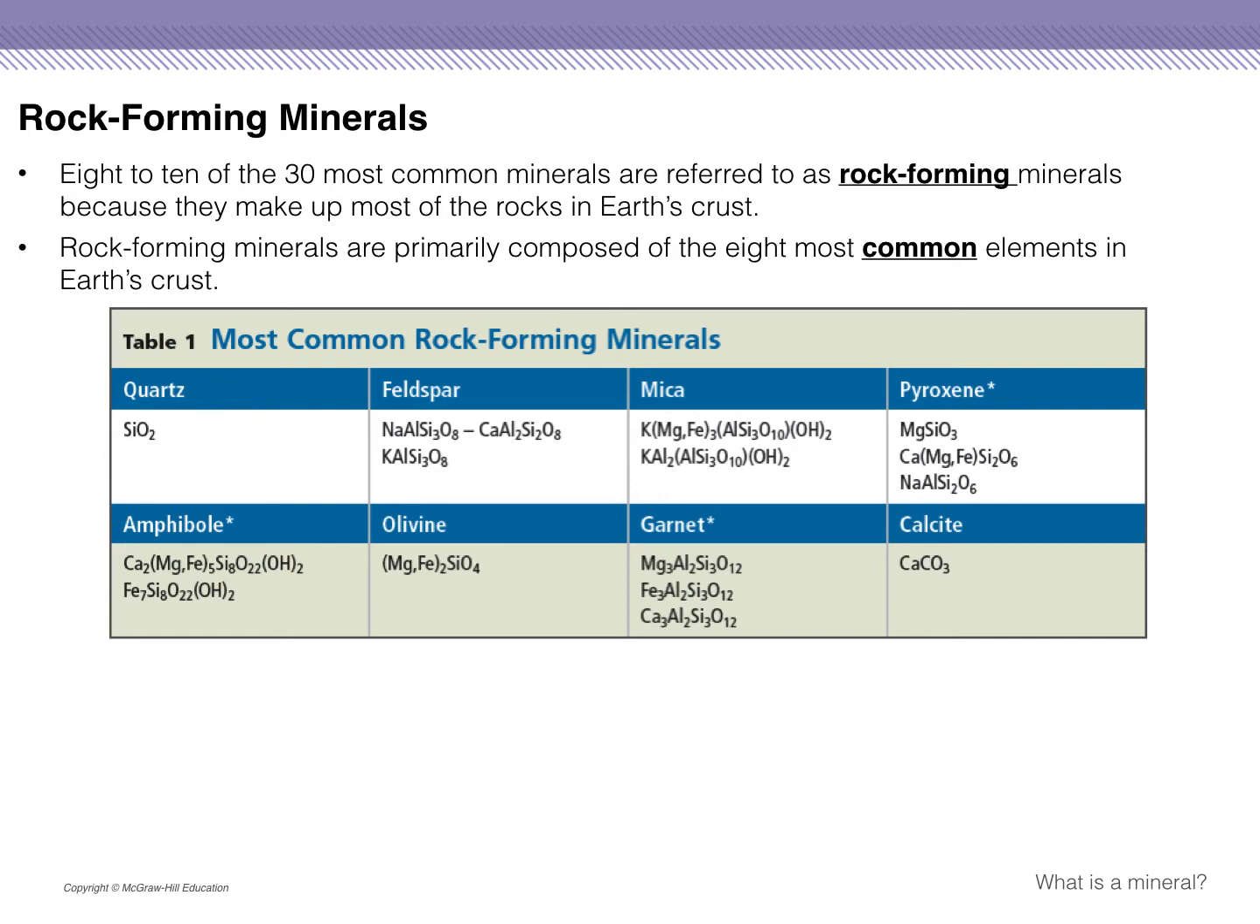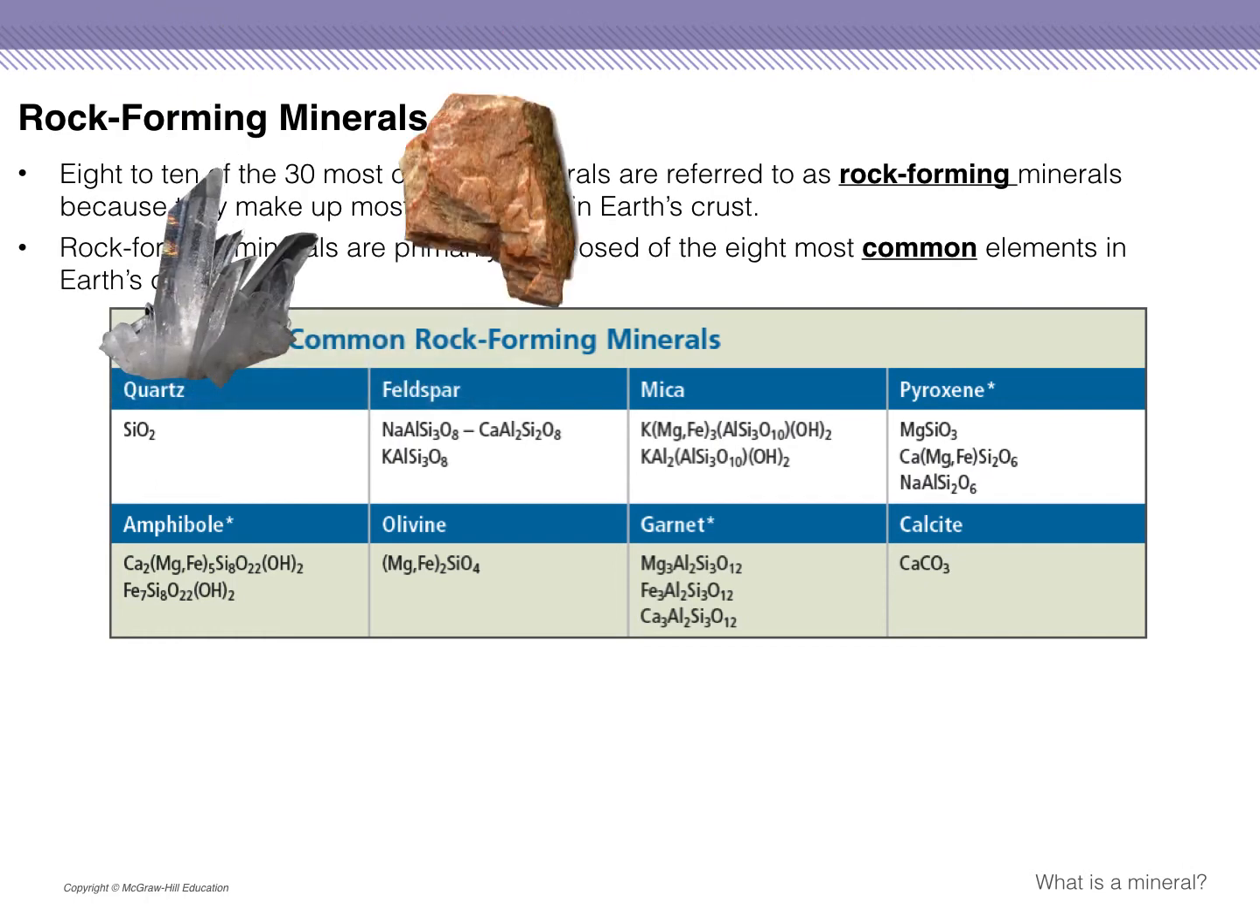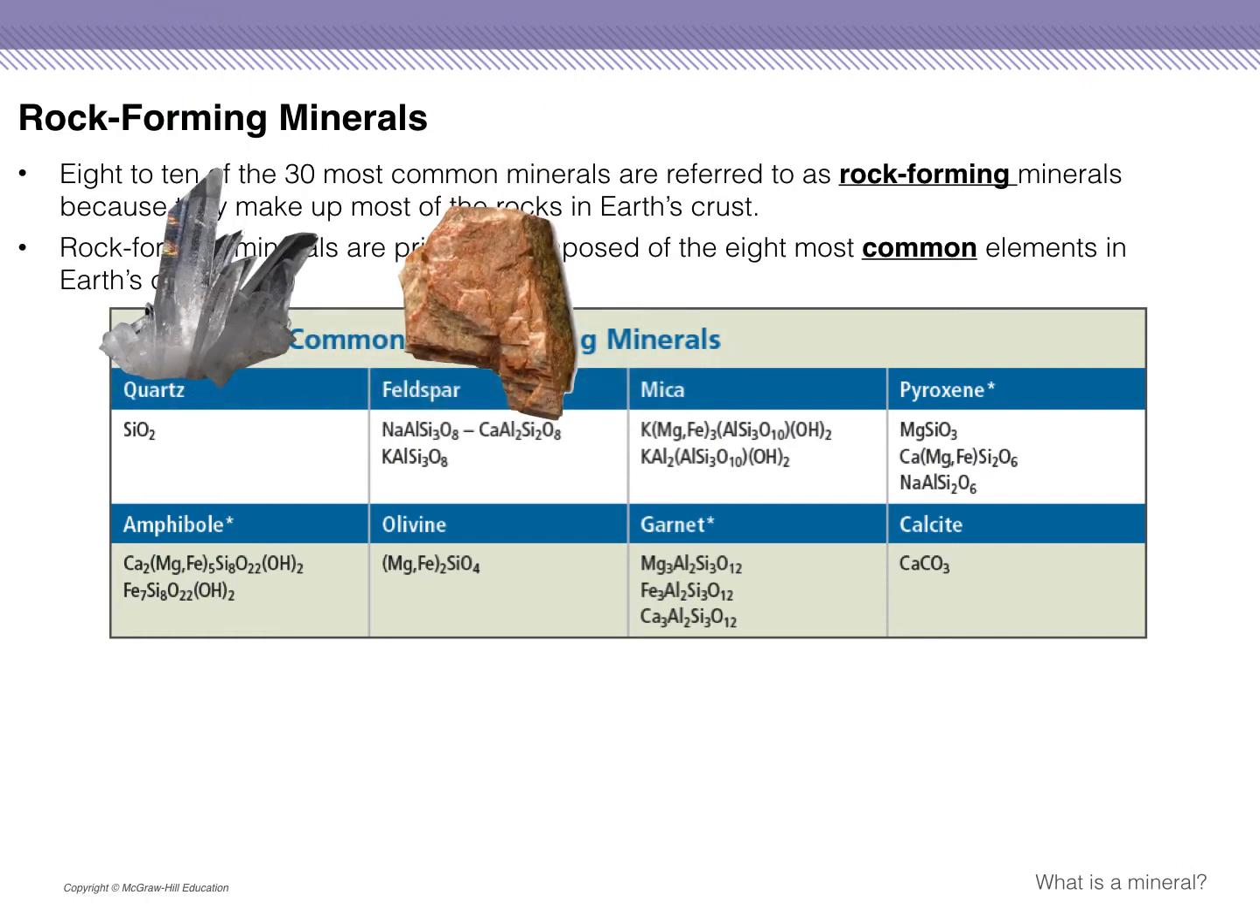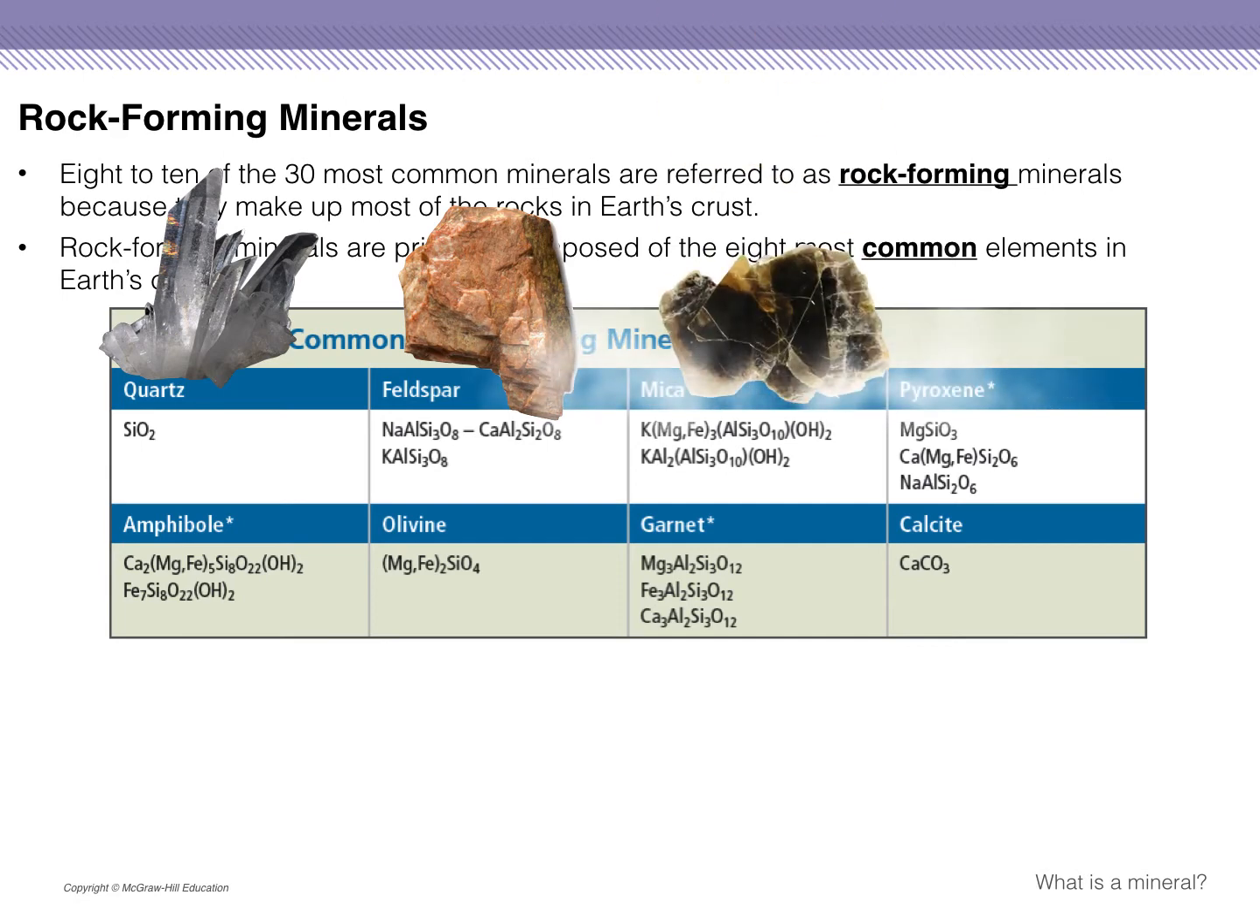Rock-forming minerals. Eight to ten of the most common 30 minerals are referred to as rock-forming minerals because they make up most of the rocks in Earth's crust. Rock-forming minerals are primarily composed of the 8 most common elements in the Earth's crust. The first one we're going to look at is silicon dioxide, which is quartz. The second one is feldspar. The third, mica,